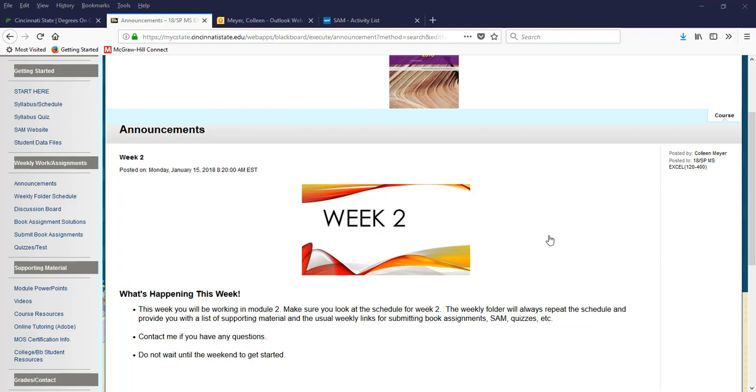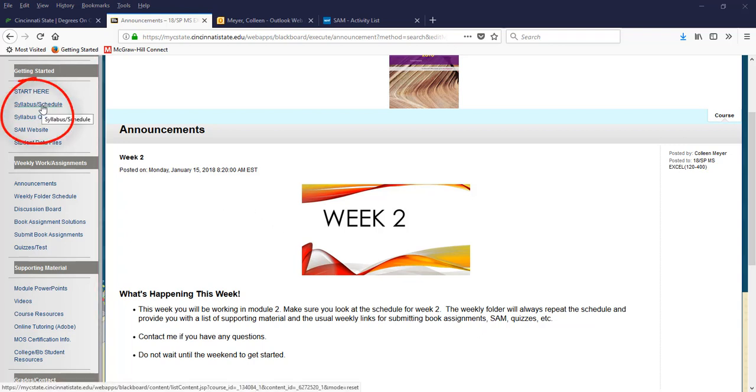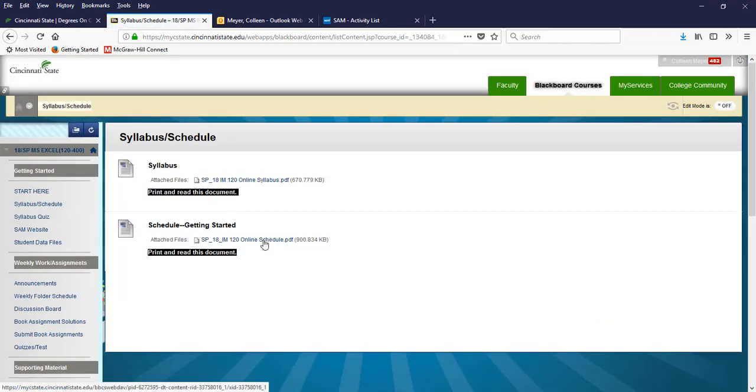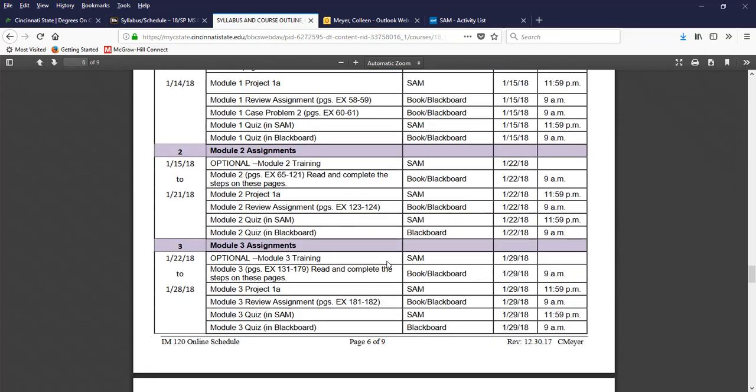So the first thing you want to do when you log into Blackboard is take a look at the announcements. This week you will be working on Module 2. You will also see this in the schedule as well. At this point, you can do one of two things. You can go up to the syllabus schedule and open up your schedule,